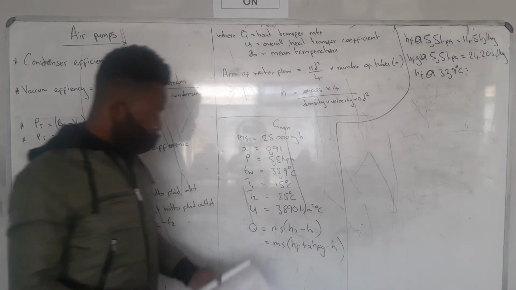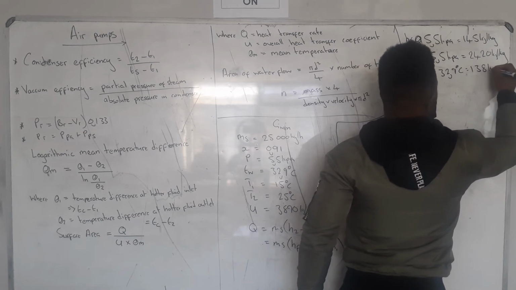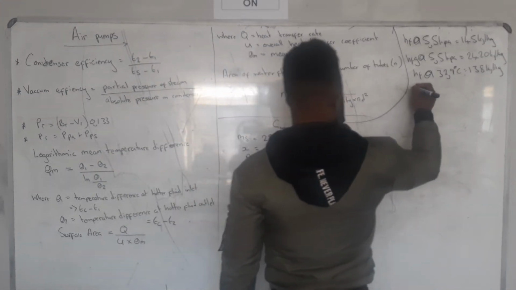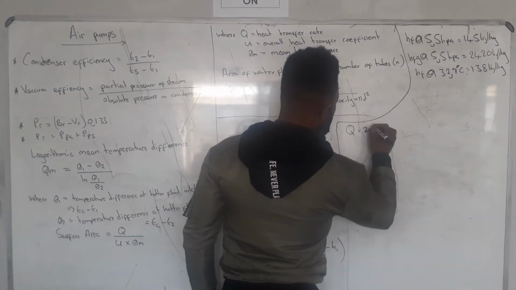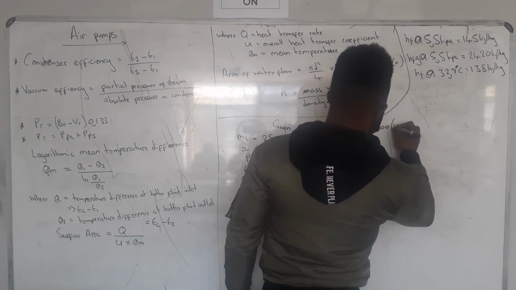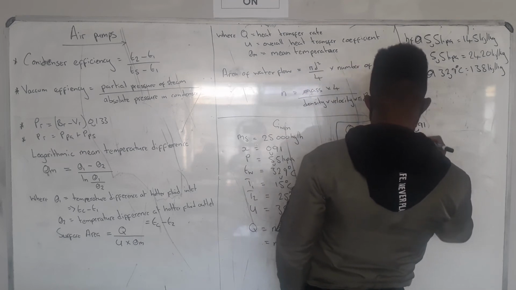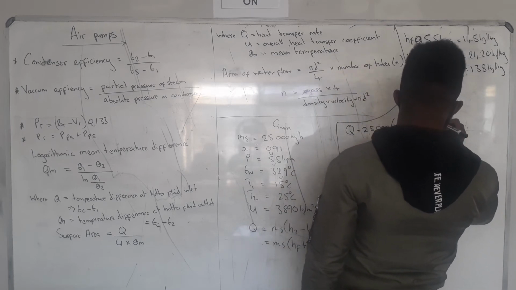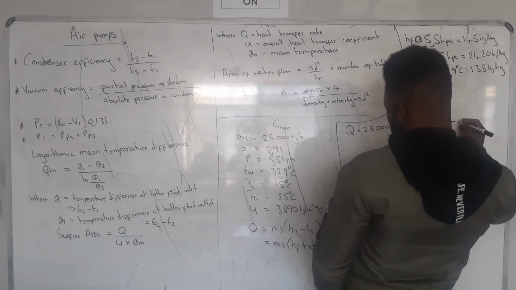Check for me. It's 138. Okay, it's fine. So now I can calculate my Q. Let me just use the space here. What was my mass? It's 25,000. Open bracket, and then my HF is 145, plus X, which is 0.91, multiplied by 242, and then minus my HF, which is 1